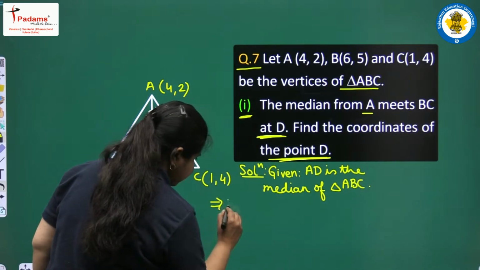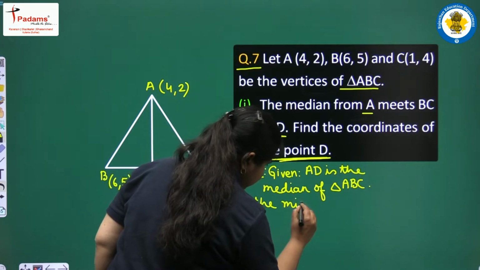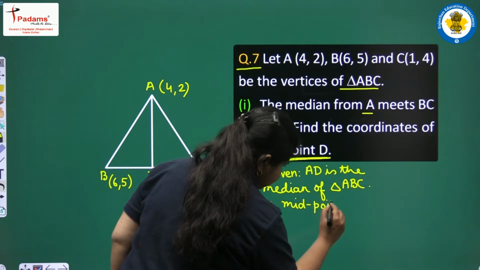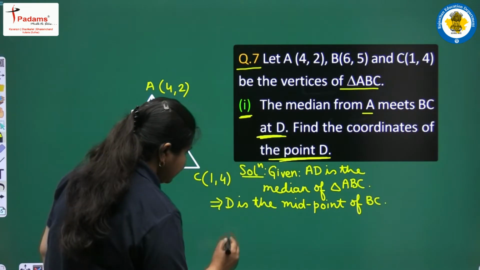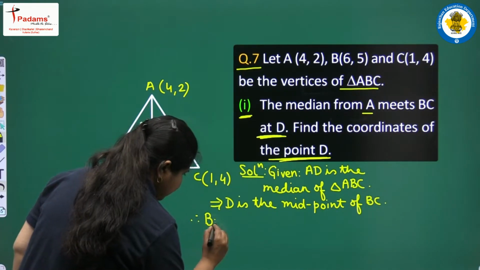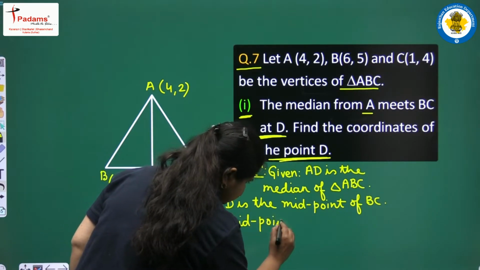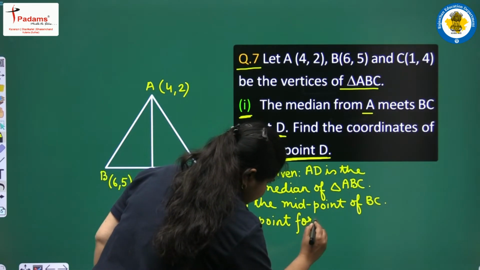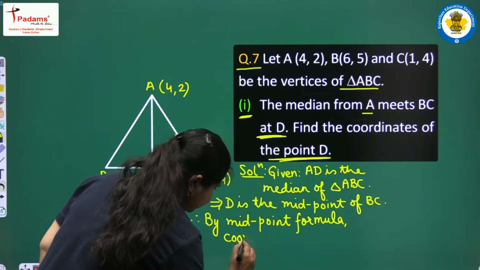This implies D is the midpoint of BC, and therefore by midpoint formula coordinates of D